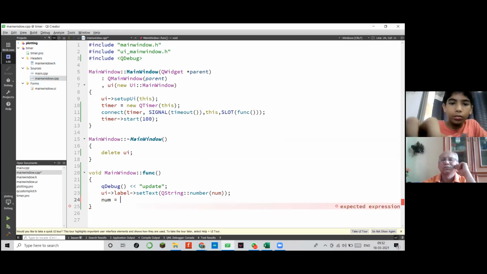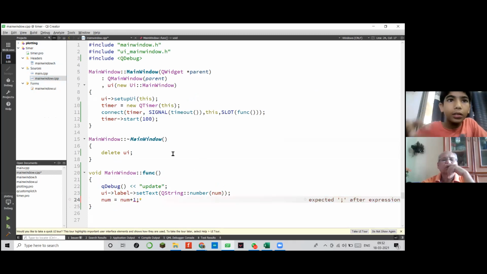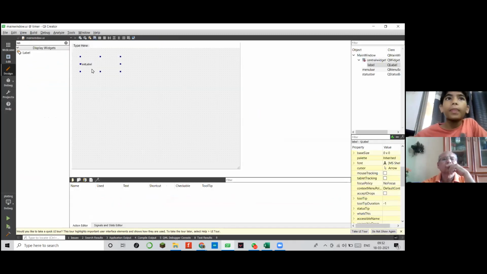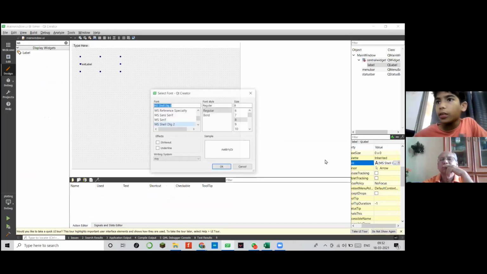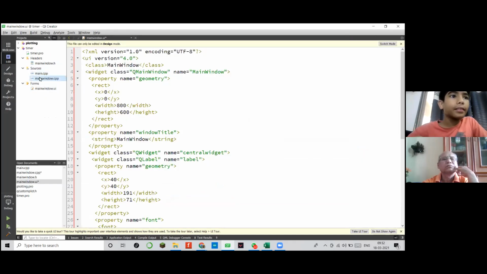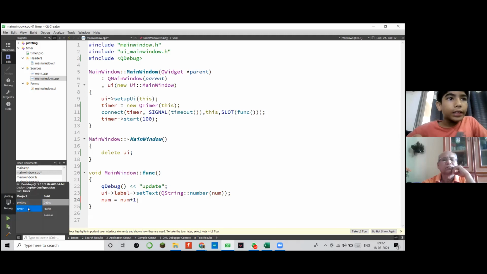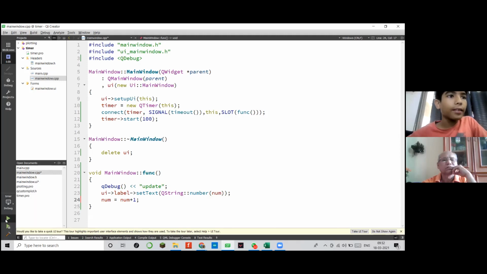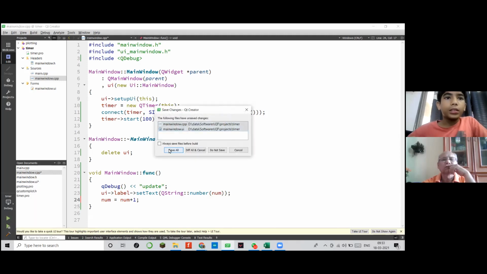Num equals num plus 1, and also we go to design and font, and I'll increase the size, sir. Then edit and set this to timer, and I'll run it now, sir. Save all.